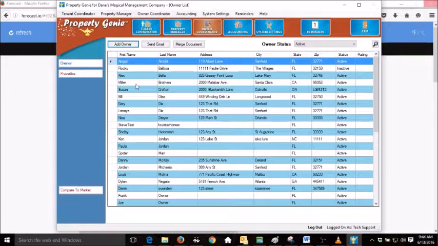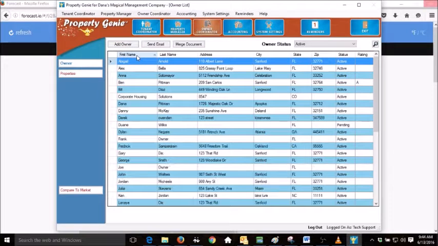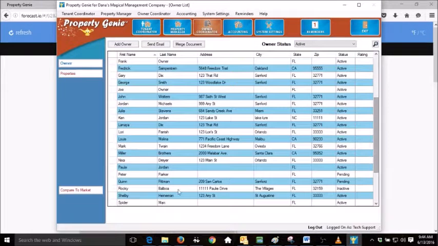Select the preferred method of communication, and that was enough to be able to complete a minimal amount of owner information. We could go ahead and add the property here, but in this case, we're going to take a look at more detail on this owner record and flesh it out a little more. So I just sorted by the owner's name, found him quickly,